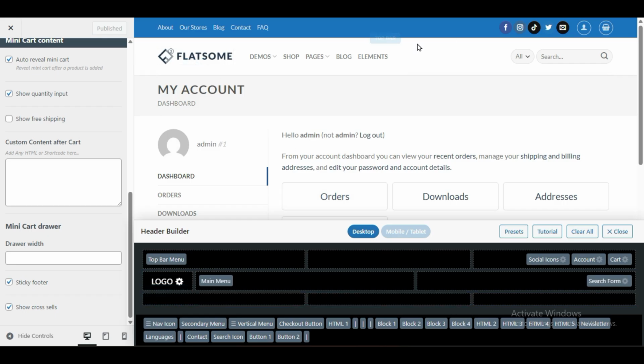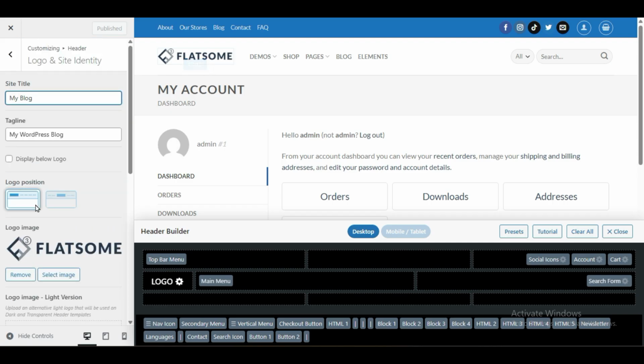Let's move to the middle row where we have a logo. You also can follow your mouse. You have to bring your mouse cursor on the logo. You will see the option logo. Click on it, or you can follow the middle row for the logo. If you do not yet have a logo, you can display your website name here. It displays the name, and you can also display your tagline,